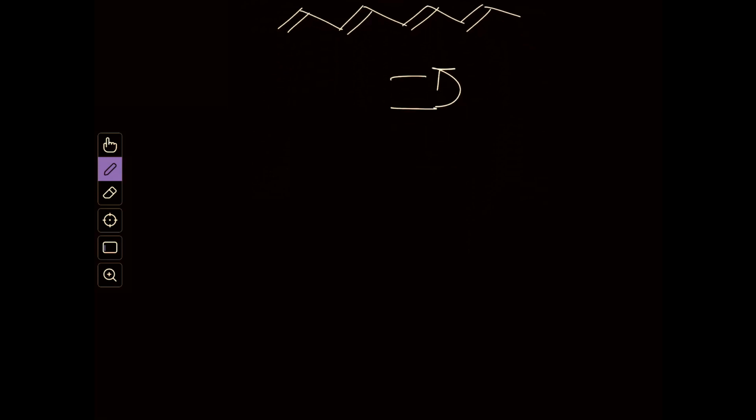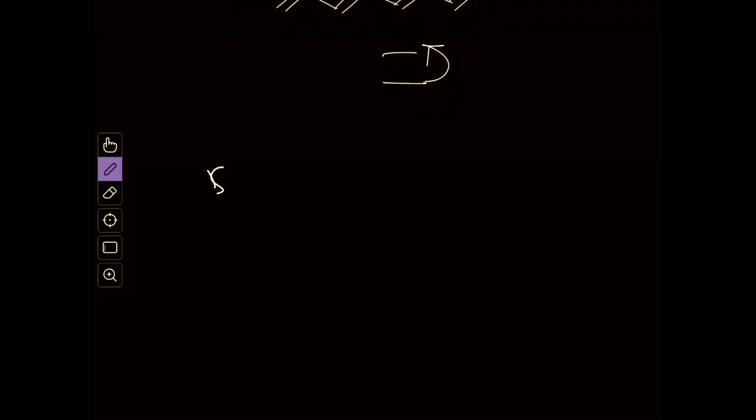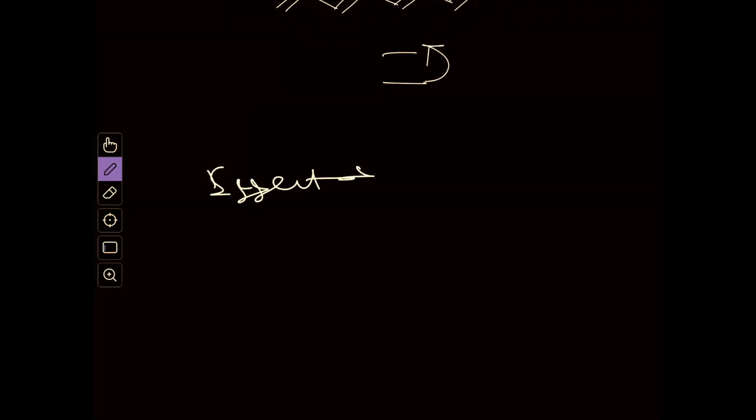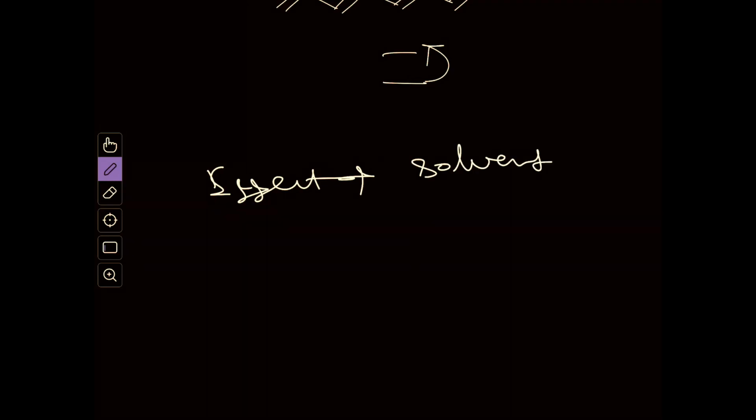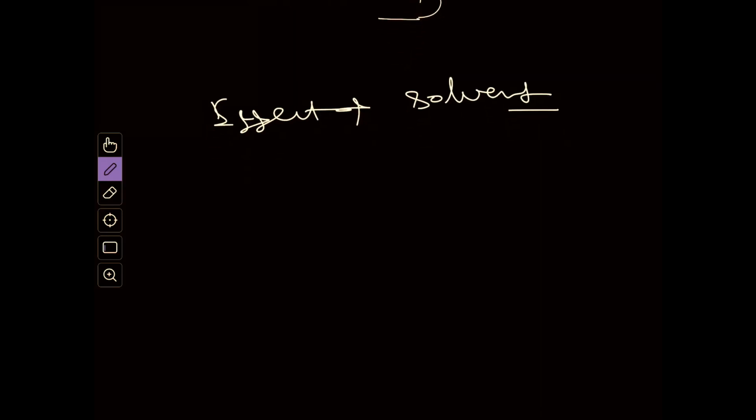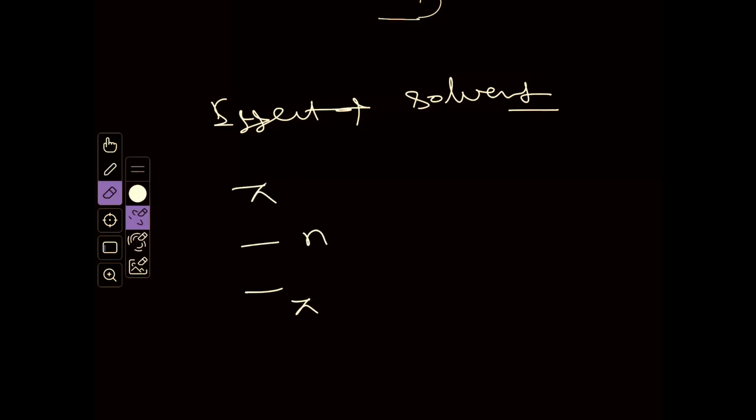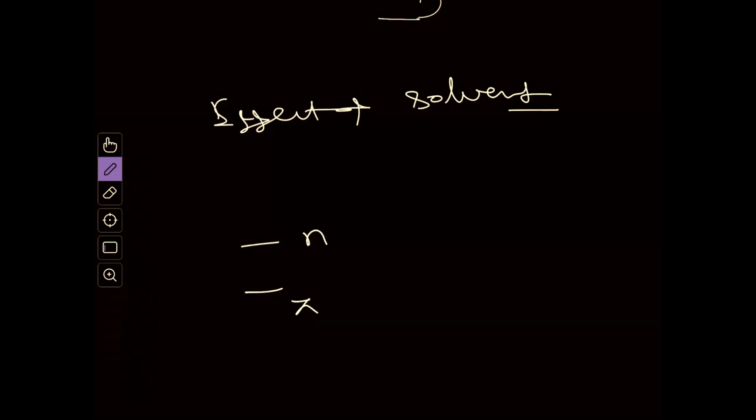Now let us talk about another important point, and that is the effect of solvent. What will be the effect of solvent on a particular UV spectrum? So for that I have to first write down the molecular orbital energies again. So this is our pi, this is our n, and this is our pi star. I am not writing down the other orbitals because these three are our point of interest. So these are the three orbitals.